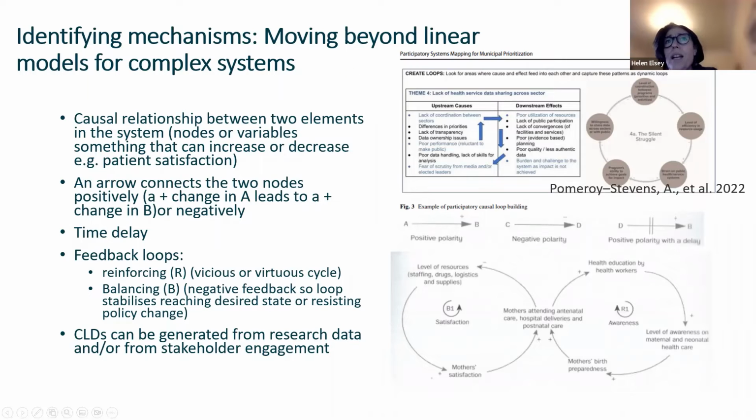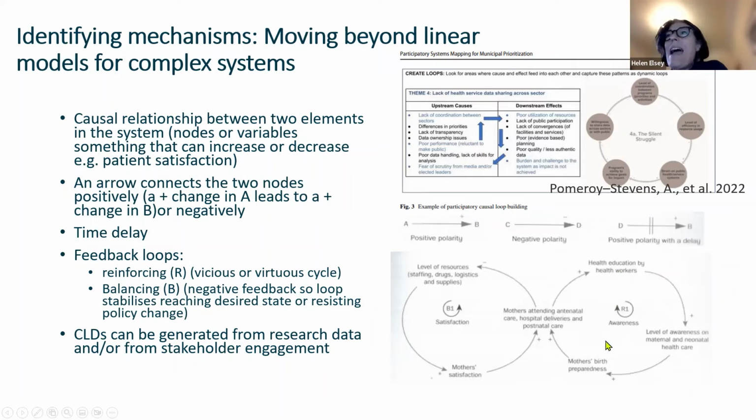I know the Ghana team, the Cornus Ghana team, have used some elements of causal loop diagram building with different stakeholders. This is really a way of thinking through how different interventions and different actions lead to other actions, and